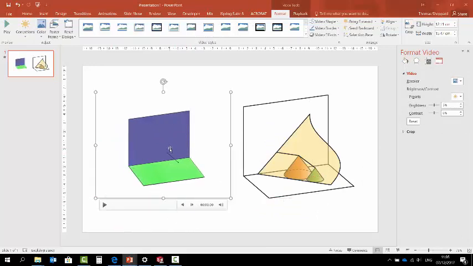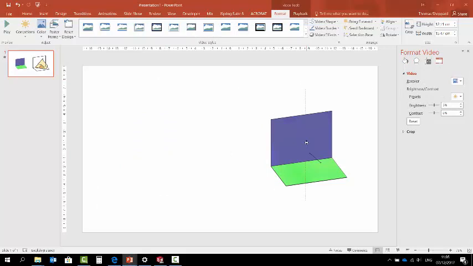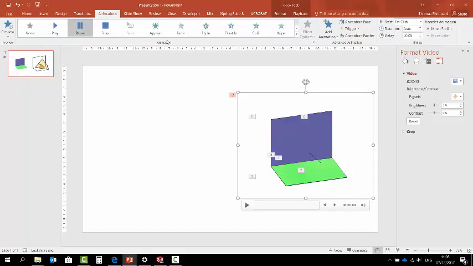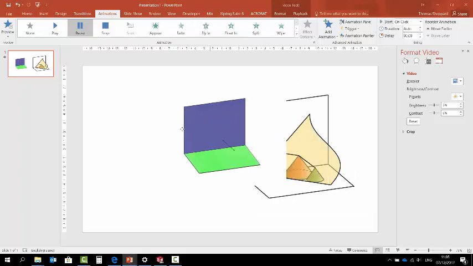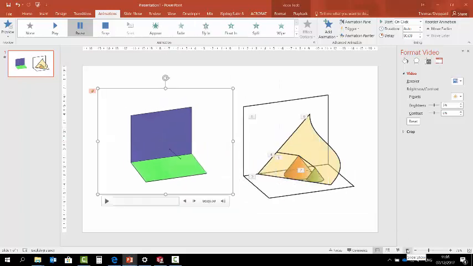And yeah, that's pretty much it. You can animate it in the exact same way. If I want this to appear in front of this guy here, I want it to appear on a click. I can go into animation and I can just add him so that he fades in whenever I want. So you don't have to have it on screen at all times. But there you go. So if I hit present,